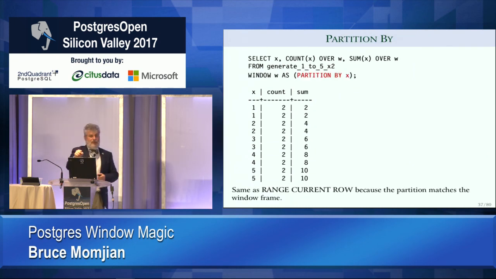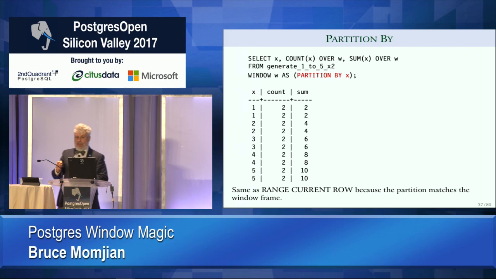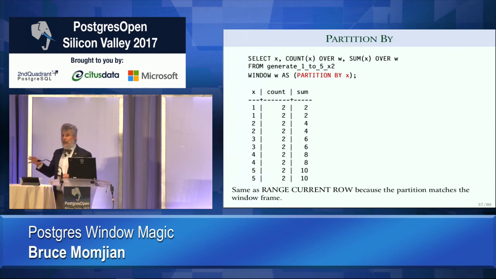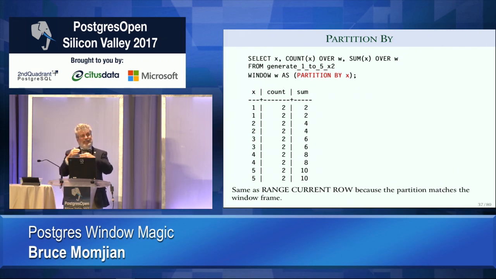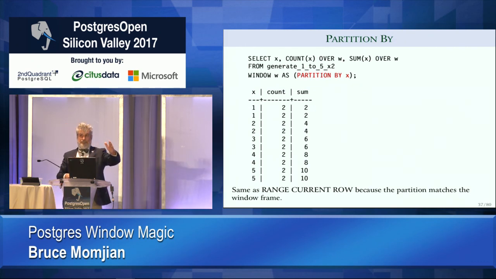Okay. So let's introduce another new clause called Partition By. And again, I started with the original syntax. I added order by. Now I'm adding partition by. Okay. And what partition by allows you to do is to break up the data set into partitions. So instead of having unbounded preceding go all the way to the beginning of the data set, unbounded preceding is going to go all the way just to the beginning of the partition. So now you have two concepts. You have the order by concept, and then on top of that, you have the partition concept, which allows you to break the data set up into groups.